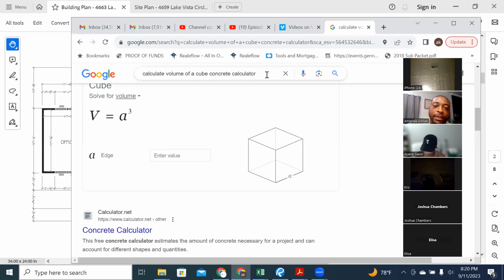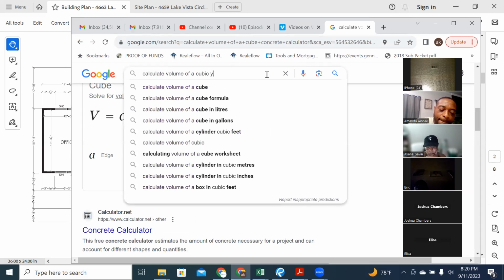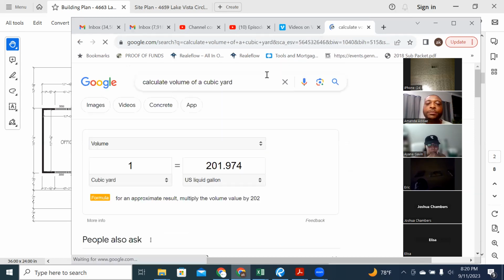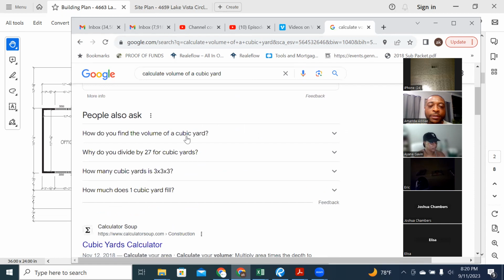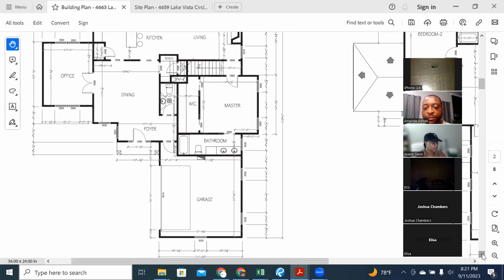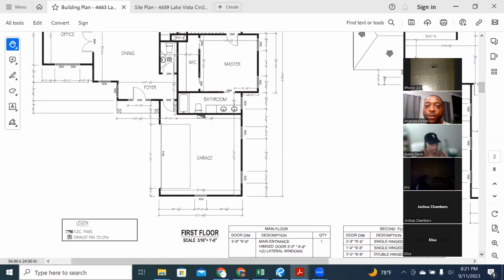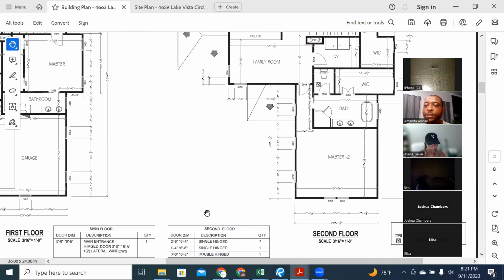And then that basically becomes your cubic yards. So you could look at how to calculate a cubic yard. Oh, they cheating. They just give it to you. No, we don't want that. So they're asking the question, why do you divide by 27? We're not going to get into all that. But just know that's the formula, okay? So when we look at our footings, we know that based on our detail, when we get to the detail page,